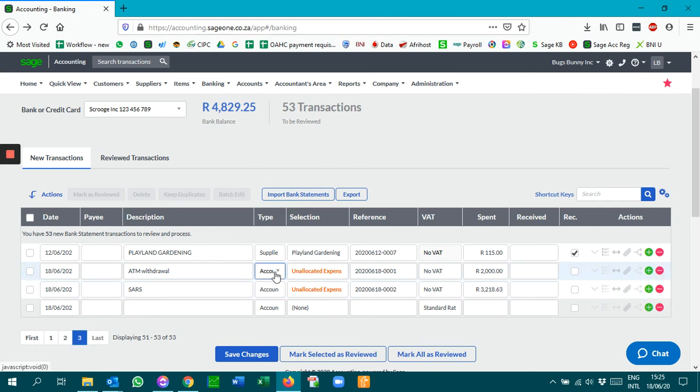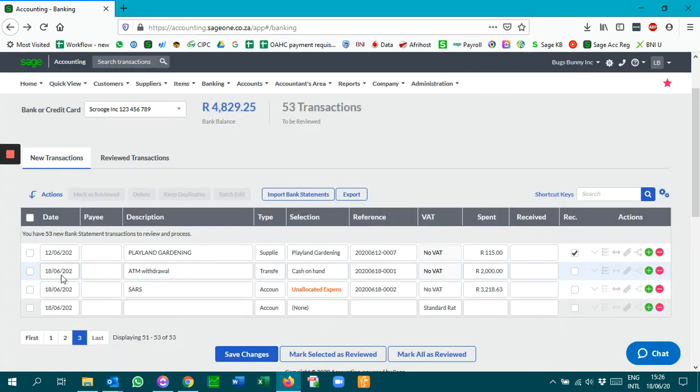Because what the transfer function does, and you will see it here, is this transaction will actually be duplicated or entered on the account that we're going to choose now. So ATM withdrawal actually goes to my cash on hand account, and I will choose my bank account here, and there's no bank feed for cash on hand, so I can safely use the transfer function to take the money for the ATM withdrawal to put it in the cash on hand account. So I'm going to save that,